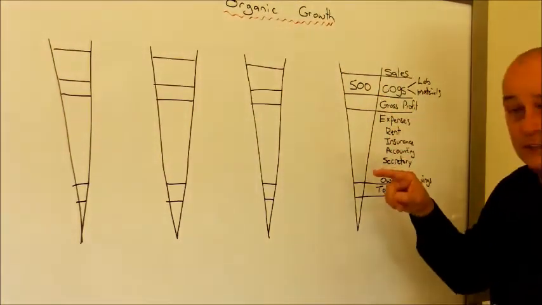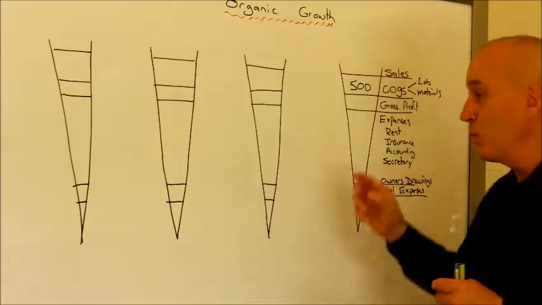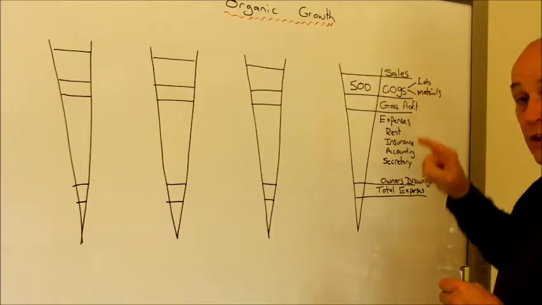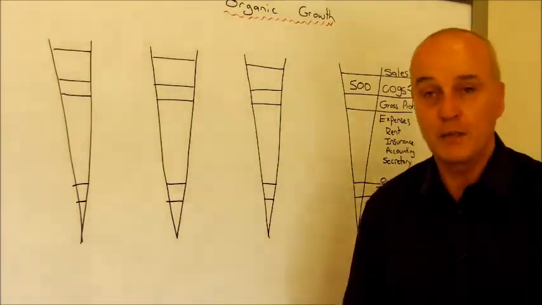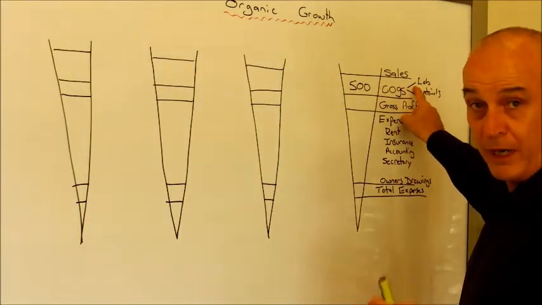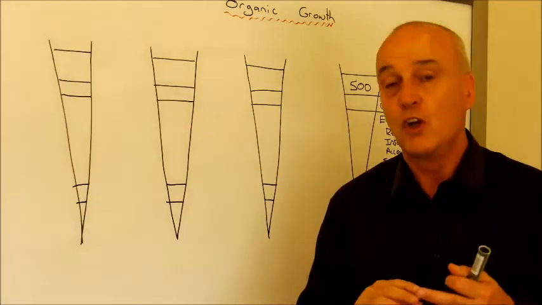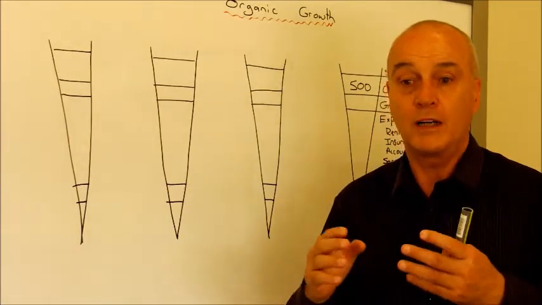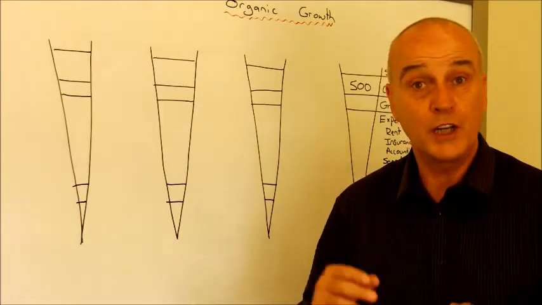So in this business here, we've got our sales minus our cost of goods. And in this example, we're saying that your cost of goods includes your fee earning labor. If this was a motor mechanic business, we would have our fee earning labor, motor mechanics, there and our materials there. Now, for a motor mechanic business, you'd be looking at taking your labor and increasing it by at least a 3 times multiple to get to your